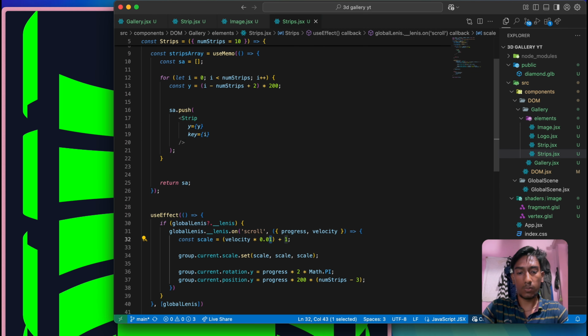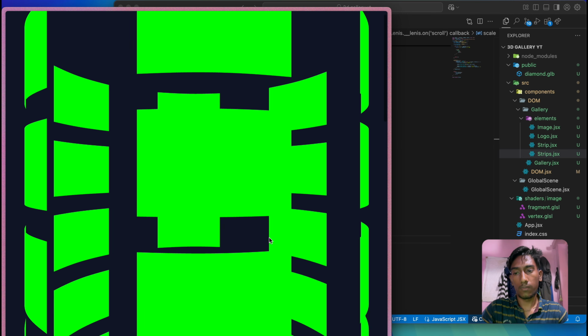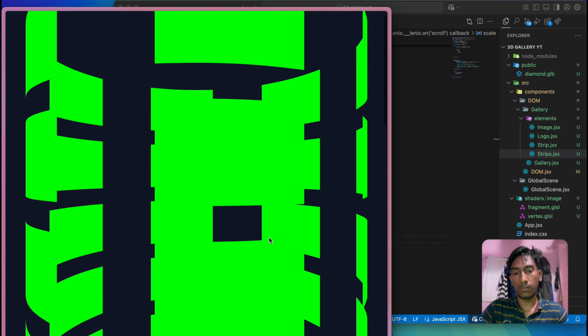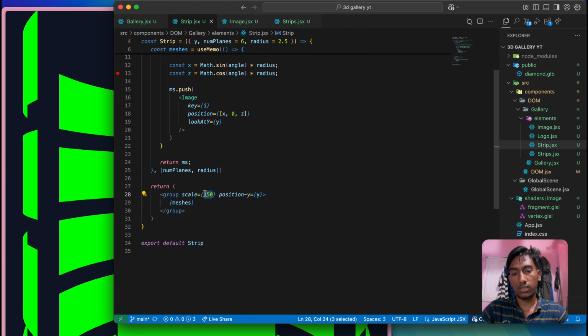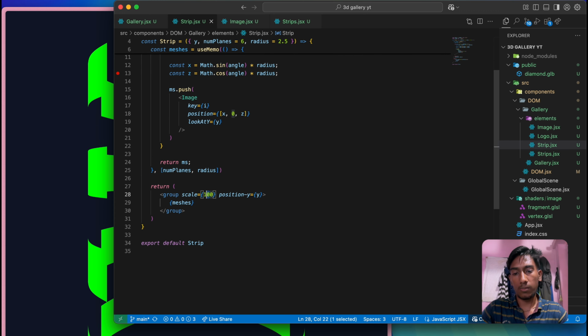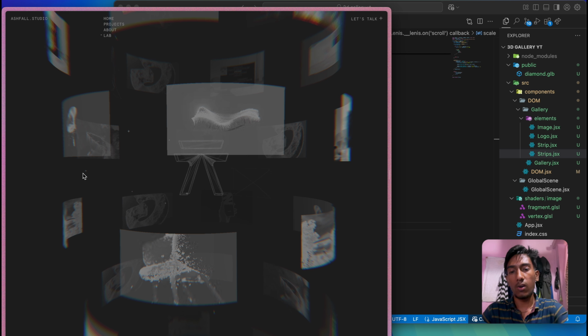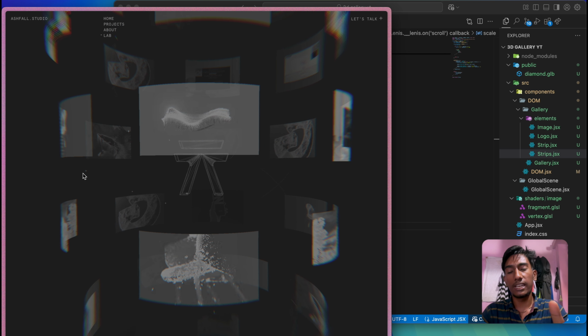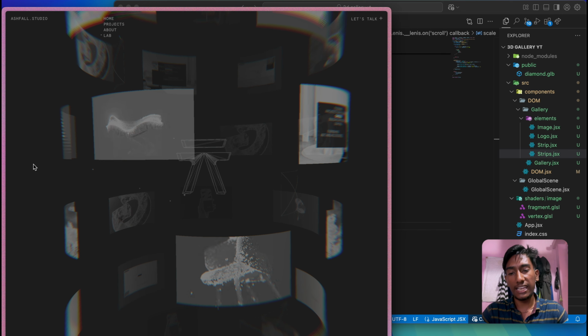Yeah, if I just refresh, it should be scaling down, and I guess the intensity is too much. Let's just try decreasing 0.05. Yeah, I also think the strip here is too much. 100, let's just pass 120 maybe. Yeah, I guess it's better now. Now let's just decrease the intensity again here, 22. Yeah, now it looks cool. So you can see, by the way, another small thing to notice, they are moving in random direction by default, and they also don't have equal scaling.